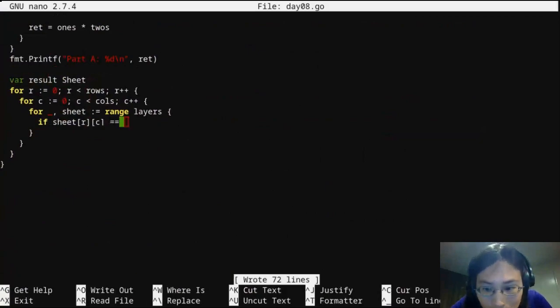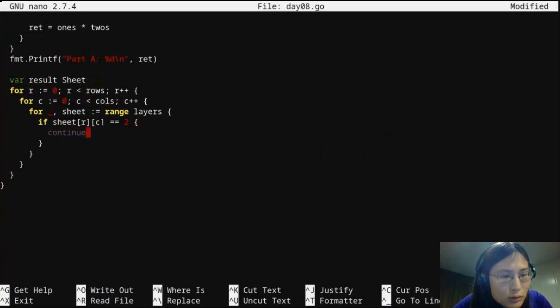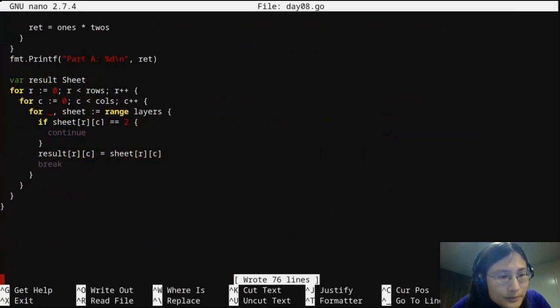So let's see. If it's transparent, it's a 2. Okay. All right, then we continue. Otherwise, result RC equals sheet RC, break.